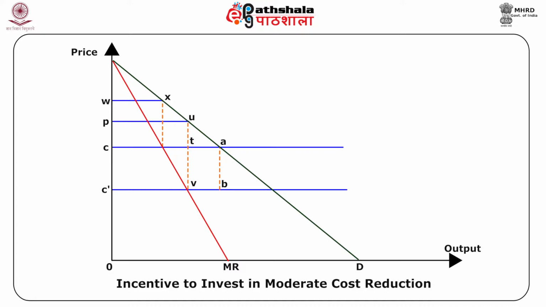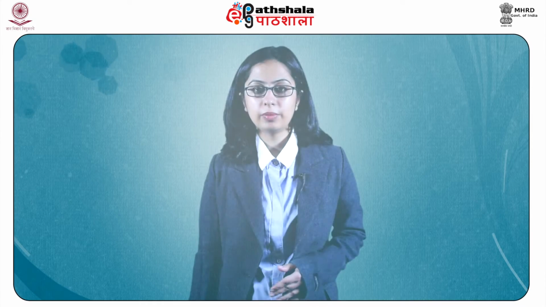As you can see in the figure, it demonstrates the incentive to invest in moderate cost reduction. Although Arrow's analysis of the incentive to invent under monopoly and competition has been criticized by many, it presents a simplistic case of comparison of two markets when an outside innovator supplies an innovation to a competitive market, whereas the monopolist provides its innovation itself. Arrow 1962 showed that for process innovations that reduce marginal production cost, innovation incentives are lower